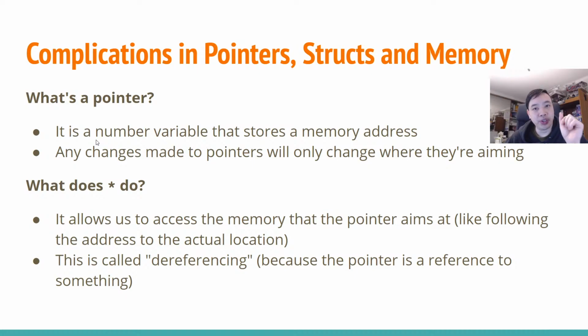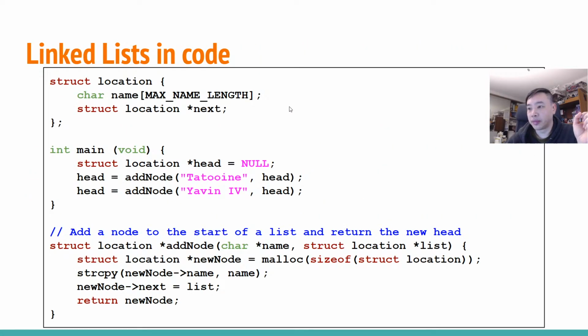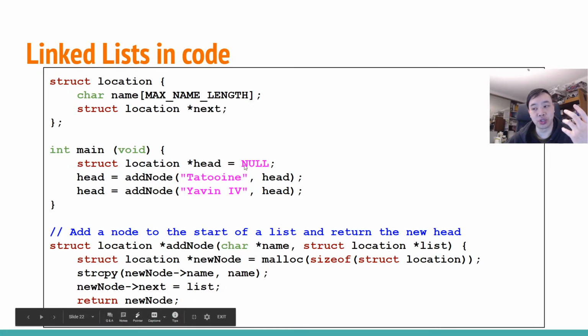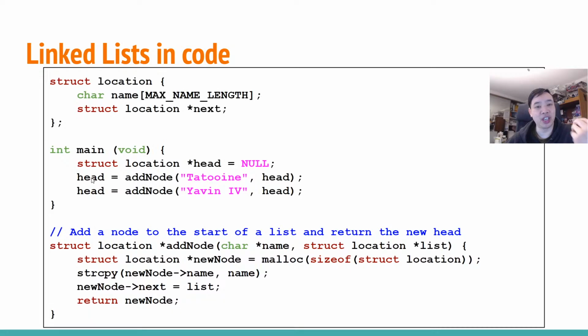So we need to think about that carefully. This is if we're changing the pointer as a variable on its own. There's no stars and no arrows or anything happening, we're just changing the pointer. Here, the head pointer has no star on it, so we're not looking at the element that's the head, we're looking at the pointer that we're using to aim at the first element, and we're saying you are no longer going to be aimed at null that you were before, you're now going to be aimed at the result of this add node, which is going to be the pointer to the node that was just created, right? So I've changed the location that the head is aiming at, and I haven't changed what that variable is,